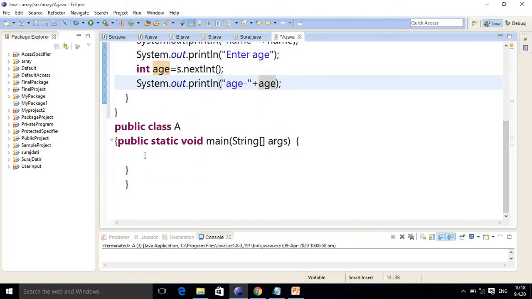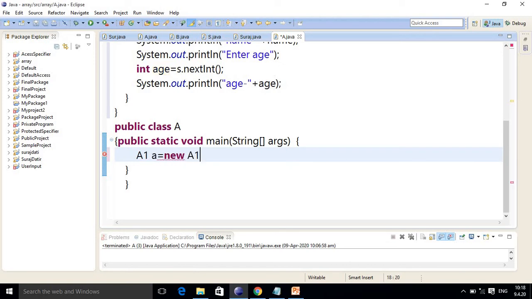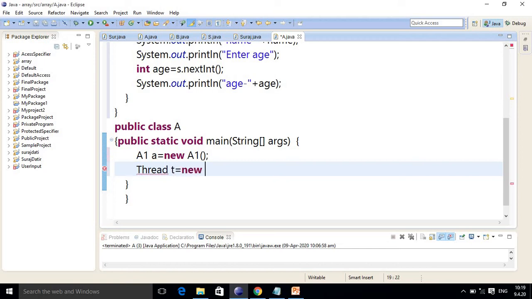And now in the main method, first you should create the object of the class. Then I am creating a thread, T equal to new Thread, and you have to pass the object of this class.